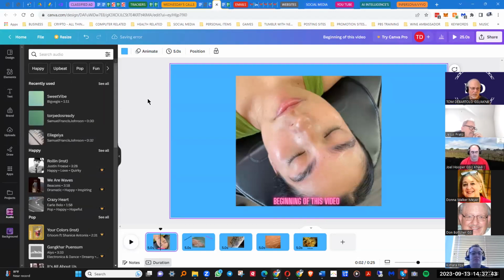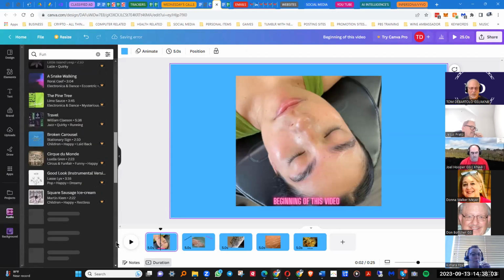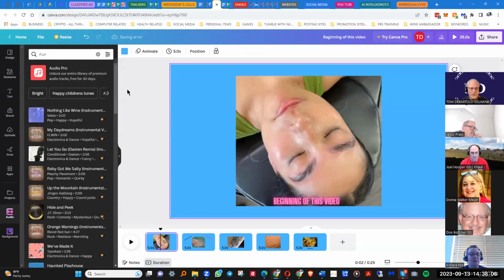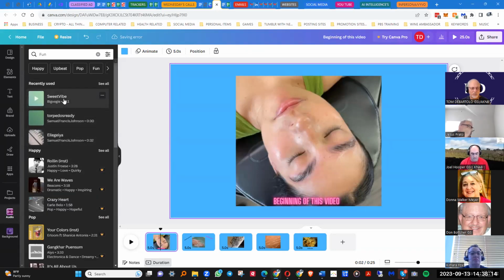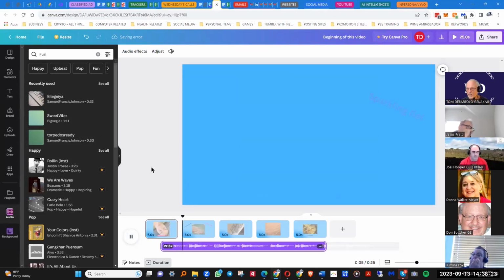Now, again, you notice on the left that you do have selections, but all of these with the crowns, remember, you'll have to pay for. So you can stay away from that. They don't really give you too many, but there's different subjects: happy, upbeat, fun. Click on fun. Most of the times when you click on those things, they seem to come up with the crown. So you really don't have much of a choice but to go to the original one. So let's just click on something, this, and play it. Can you hear that? Yep.